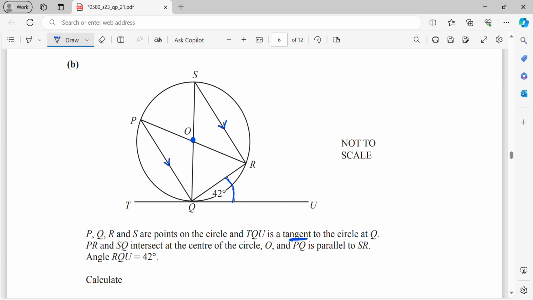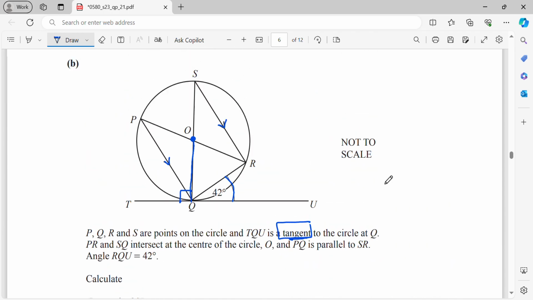This is RQU. Now, the tangent here means when you draw a line from the center of the circle touching the straight line, and since the straight line TQU is a tangent to the circle, that means here is 90 degrees. Okay, so now calculate